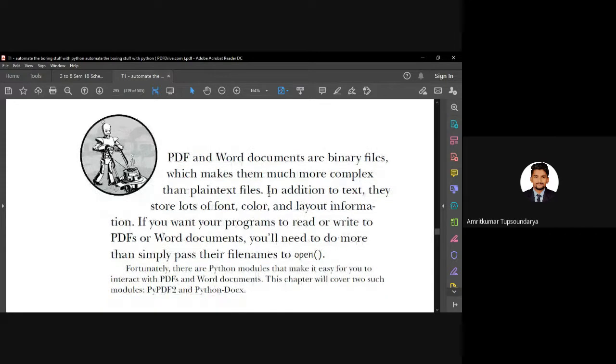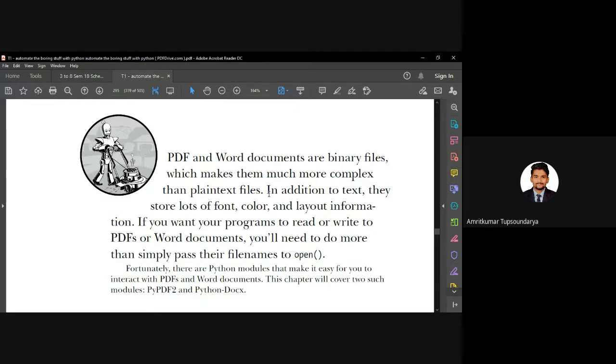So if we want to have programs to write and read these Word documents, we will need to do more than just simply passing the file names to the open function, which we were doing earlier. Instead, we'll be doing some more tasks which will help us achieve the operation that we want to do.